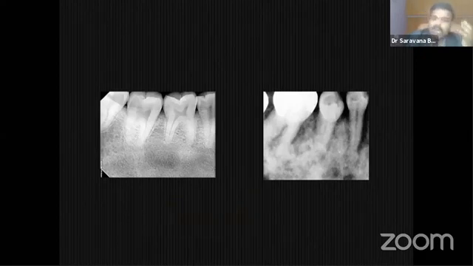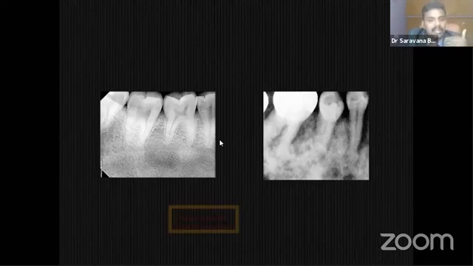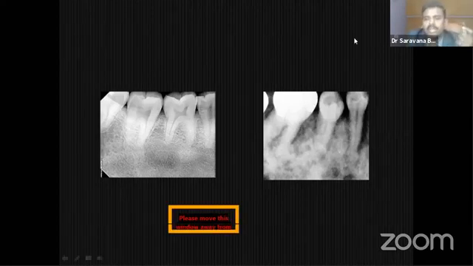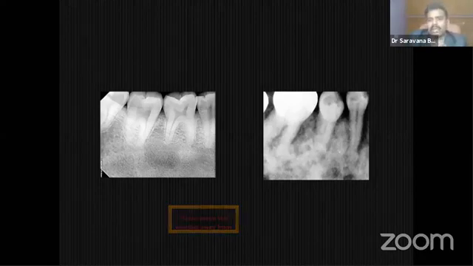Fibrous dysplasia, you all know, is a developmental disease. It develops during our developmental period and stops after our maturation. Paget disease is a systemic disease caused due to increased alkaline phosphatase level. By looking at one IOPA or just by looking at an OPG, you can identify the patient's systemic disease. If you identify this case properly, immediately you will go for OPG. Definitely you can make out multiple cotton wool appearance. Immediately you can go for a skull radiograph. It is a case of Paget disease. Next you can go for blood investigation.